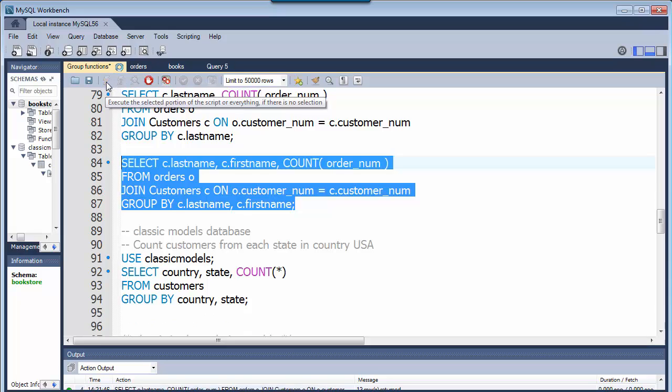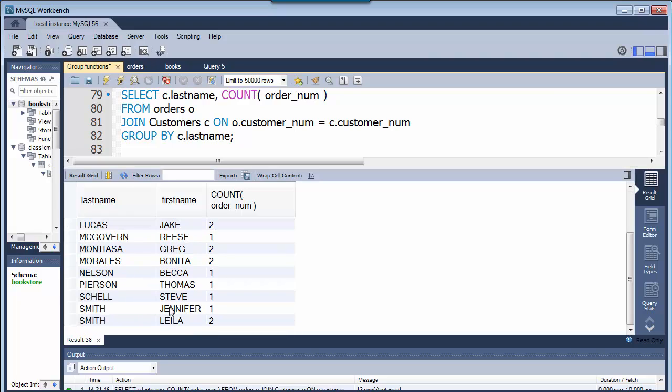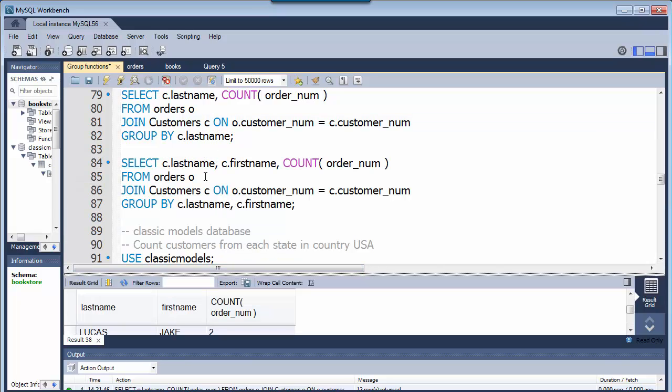last name. So when I execute this, scroll down, now we're going to see there's a Jennifer Smith who had 1 order and a Leela Smith who had 2, where before we ran it and we had 3. Okay, so we've got a more accurate count this time, but I had to put 2 columns inside of my GroupBy clause. Now, remember I mentioned every time I put a column in the select statement, it needs to come down in the